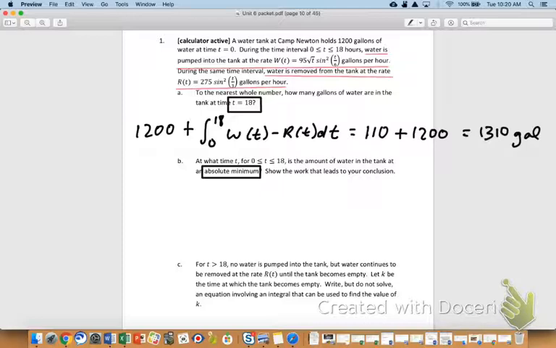By the way, based on what we said yesterday, hopefully this all makes sense. You need to have your setup. You need to have the green box. If you don't have the green box, if all you had was like 1,310 gallons, that would be termed a bald answer. You would get no credit for that. It's really, really sad. But you would not get credit for that. So please, for goodness sake, write down your setup and then use Math 9.